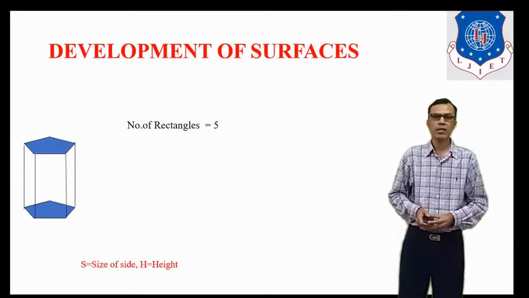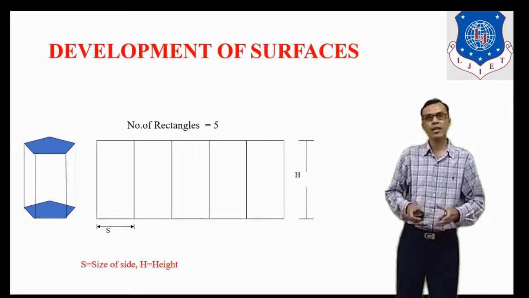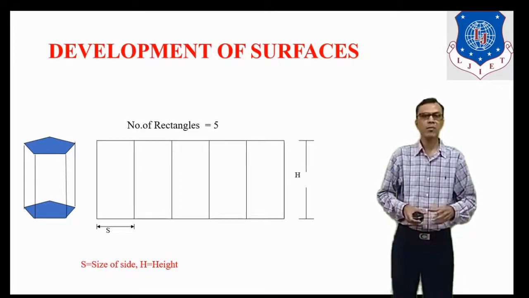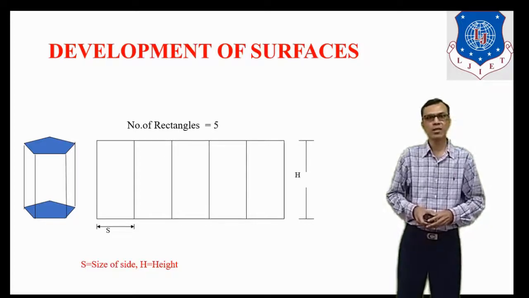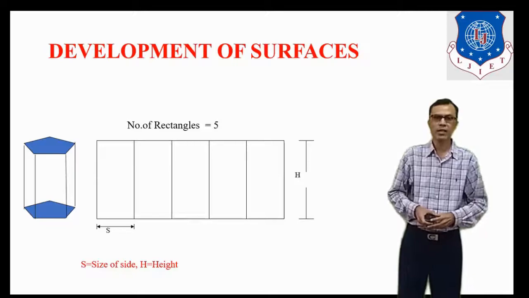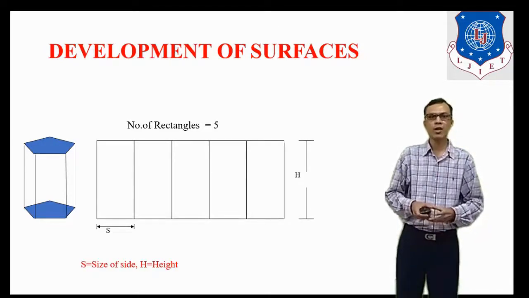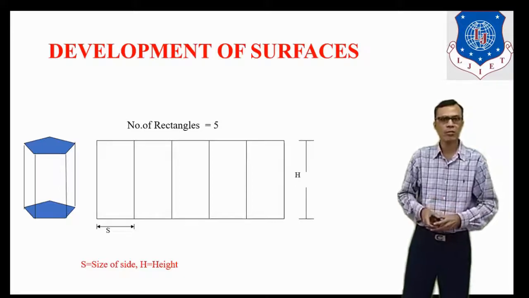Your next chapter in your syllabus is development of surfaces. For the mechanical engineers who are working in fabrication industries, this chapter has very much importance. If we want to manufacture some components which are complicated in shape, then development of surface concept is very useful. If you open out any solid, then layout would be known as development. Your simple example is shown, it is pentagonal prism.